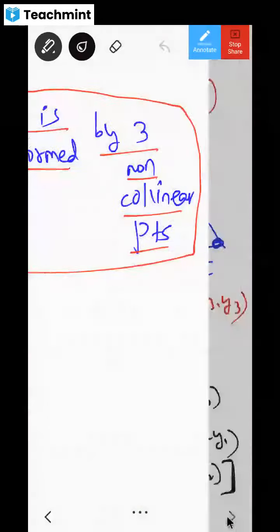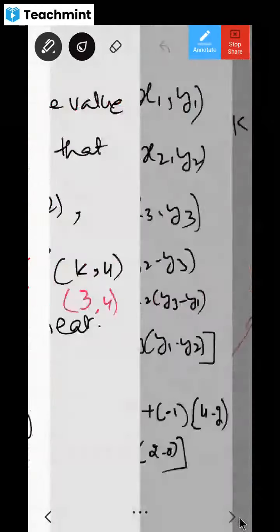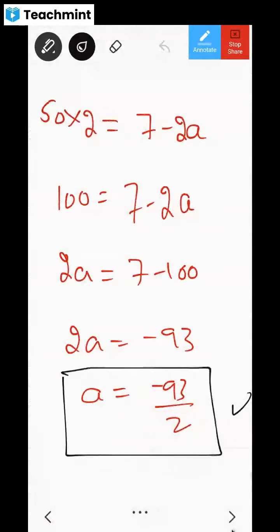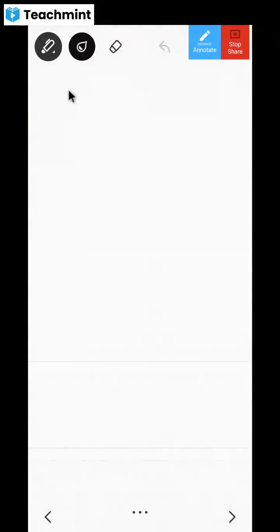Then we came to area of triangle, and in area of triangle, how many models have we studied, dear children? We have seen so many models. What is the first model in area of triangle? The first model is direct area. They will give you points, and you have to find the area. That is one model, direct area.